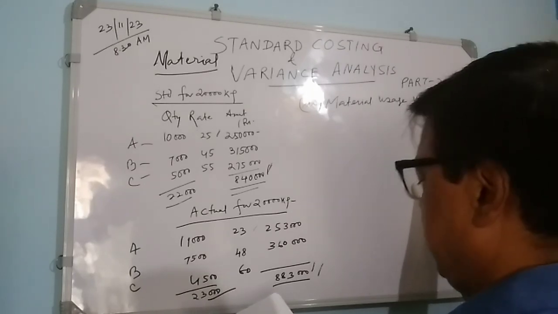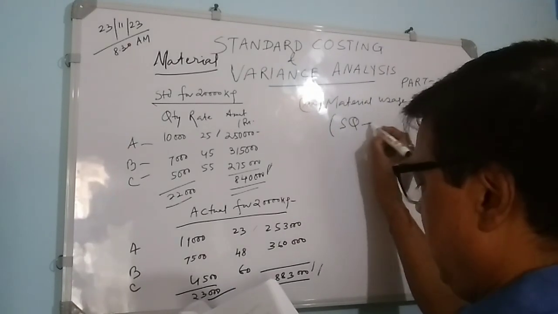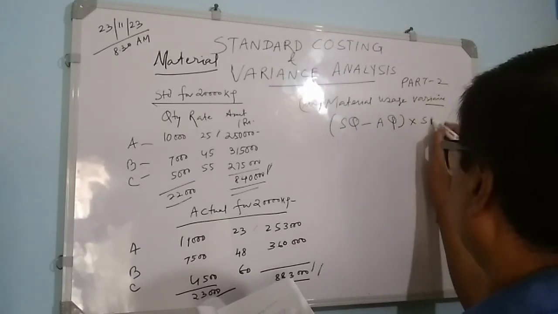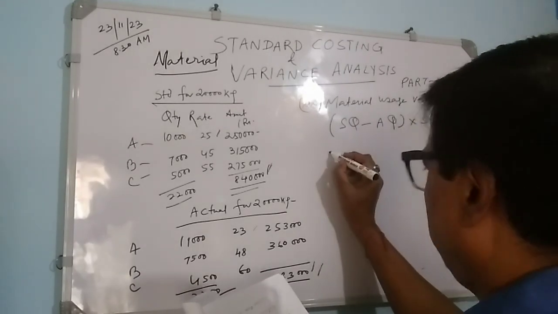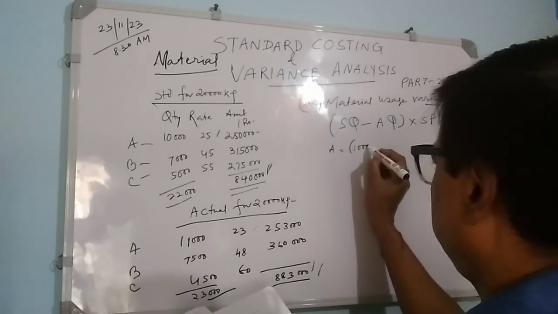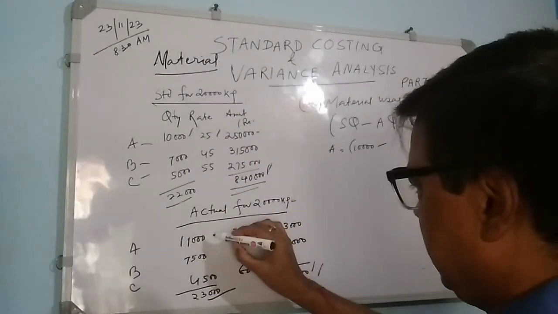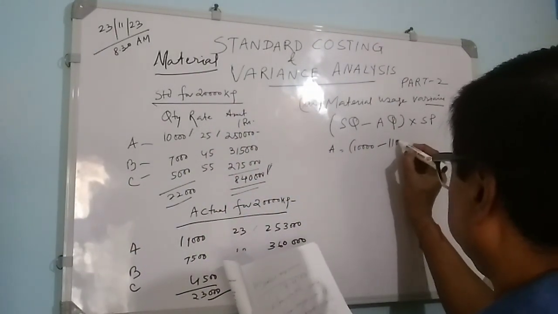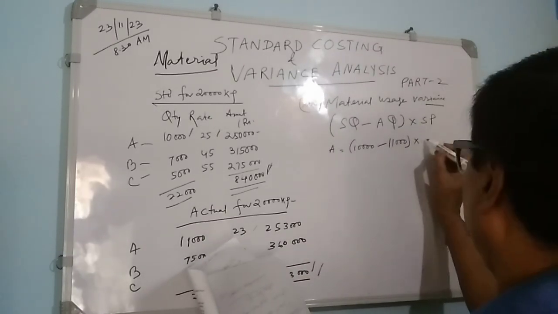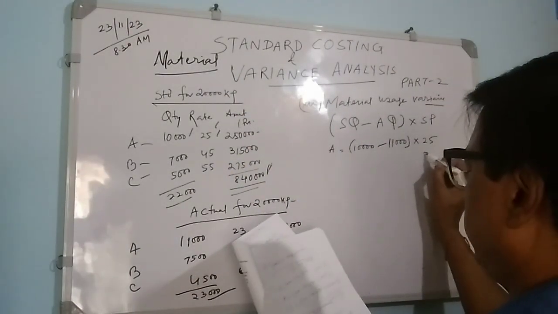Material usage variances, what is the formula for that? Standard quantity minus actual quantity into standard price. So for A, it equals 10,000 minus 11,000 into standard price. How much? Your 25 rupees is your standard price. So your figure will be